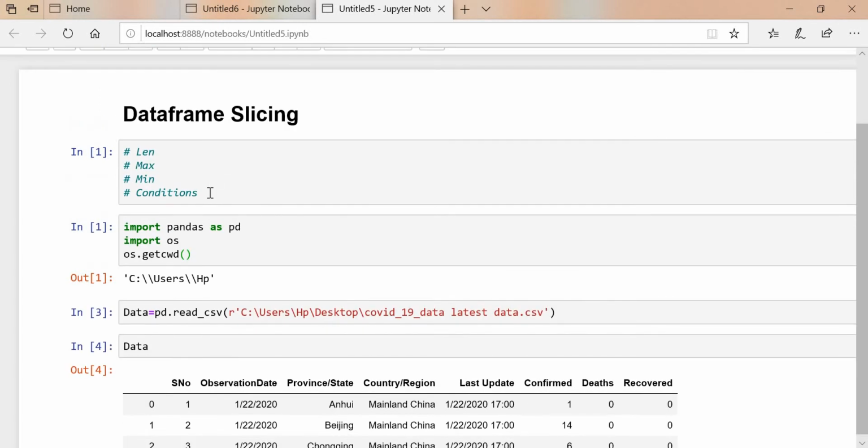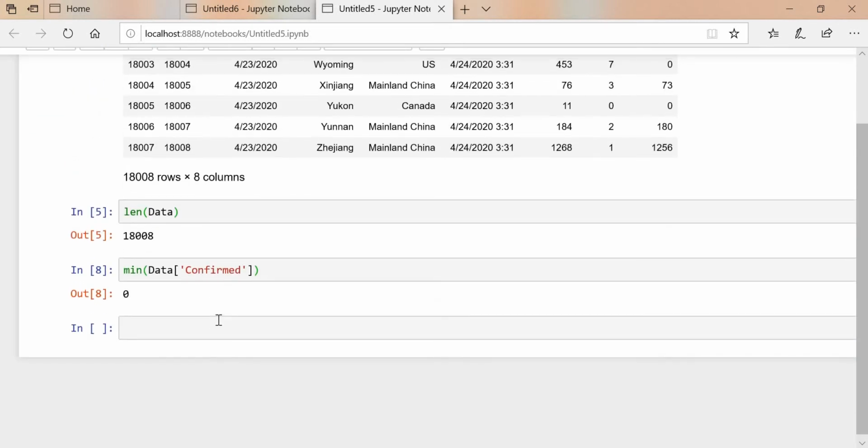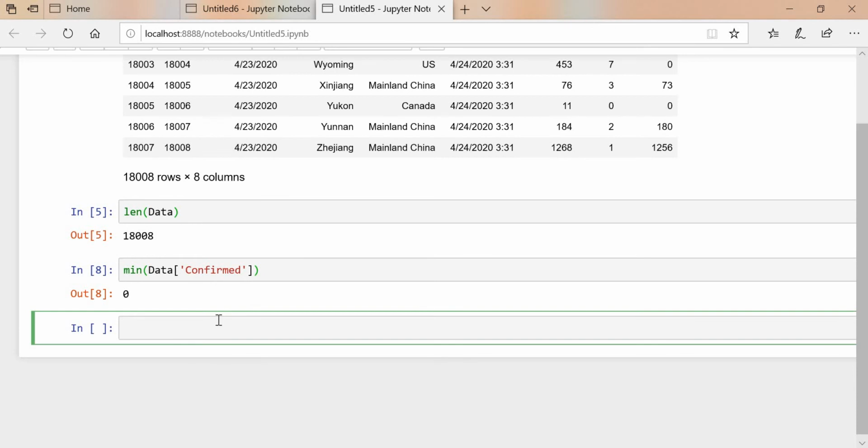Now we will see how to put a condition inside this data frame, how we can slice our data. I'll put one condition inside this. So data, then I will pass the brackets, then I will make one condition: data confirmed is greater than 15.